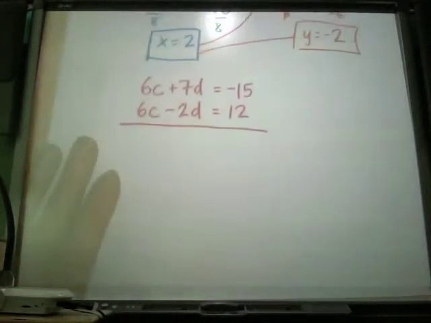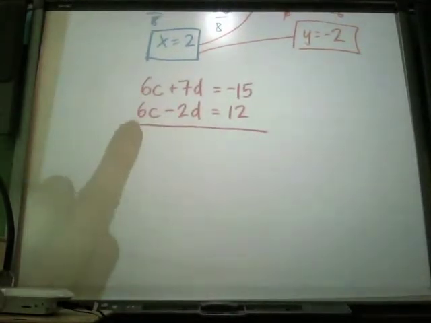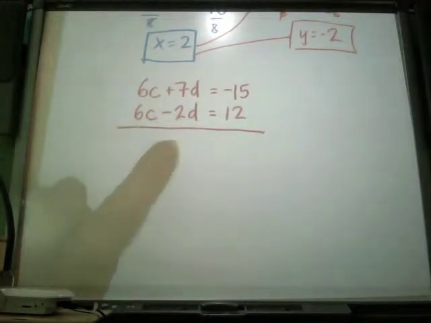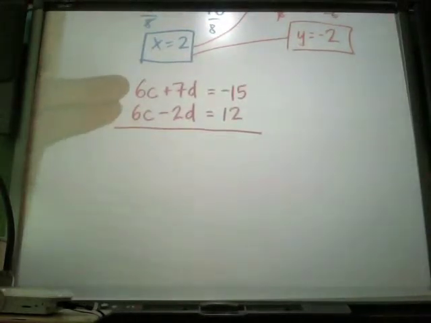In this one, notice, first of all, these don't have the same number in front. The C's have the same number, but they're not opposite signs. If I put these together, they're not going to cancel out. It's going to become 12C, and then I have 12C plus 5D. I haven't gotten rid of anything. Here's where we do subtraction. If a variable has the same coefficient in front, but they have the same sign, they're not going to cancel